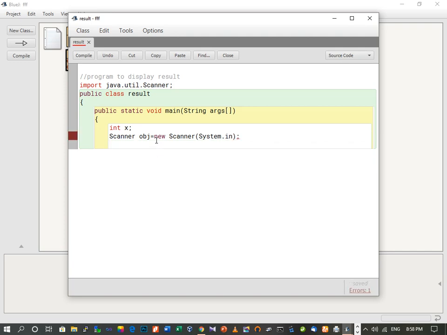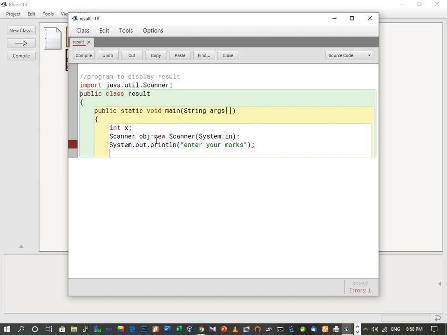Then we will print a statement where user will be asked to enter a value of marks. So System.out.println enter your marks. This statement is also totally upon the user. Whatever you want, you can display on the screen.